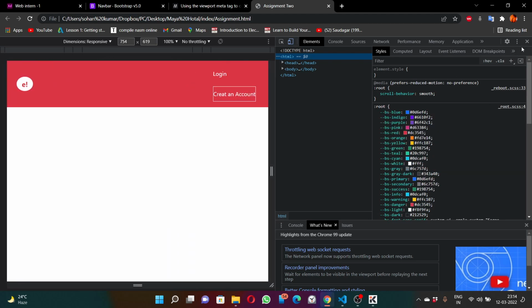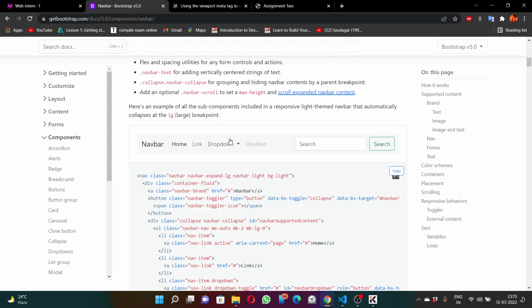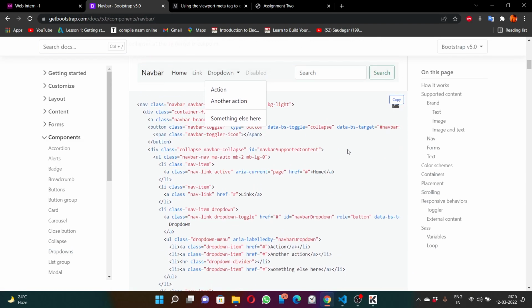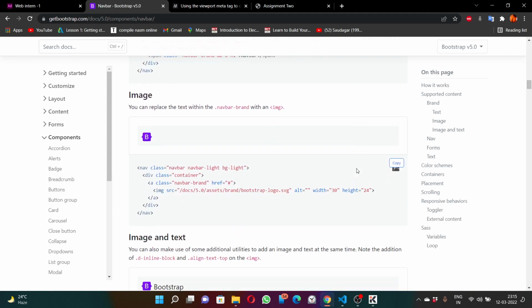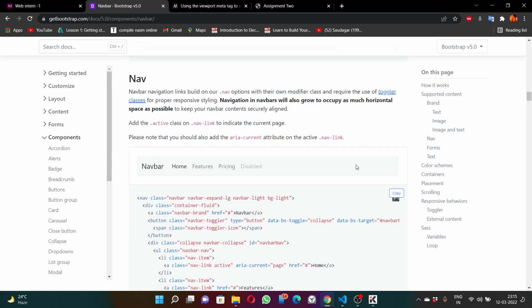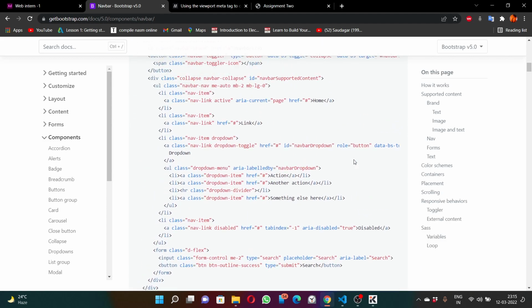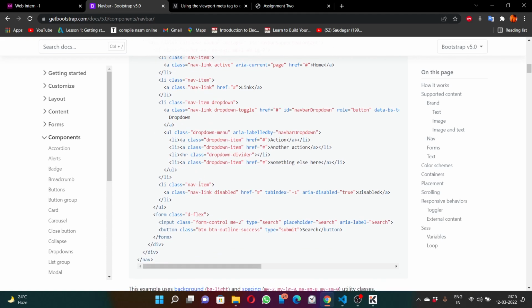I think so. So for that, if I want to create, I just want here the menu options to be inside a drop down list. Yes. So for that, how can we create it? Yes. For that, I just want to go. Yes, here we need to create just a drop down,